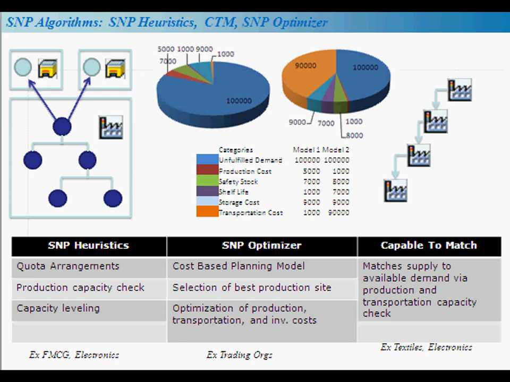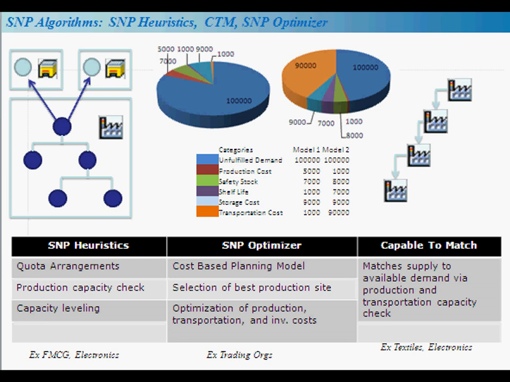Now coming to SNP Optimizer, SNP Optimizer is a cost-based planning. So what do we mean by cost-based planning? When it is trying to do the planning, it tries to see what are the different costs that are incurred in manufacturing that product, and then it tries to see what is the profit that this stock would bring to the company. If the profits are not up to the mark, it might even not plan to manufacture that. So SNP Optimizer is a cost-based planning, and CTM is a priority-based